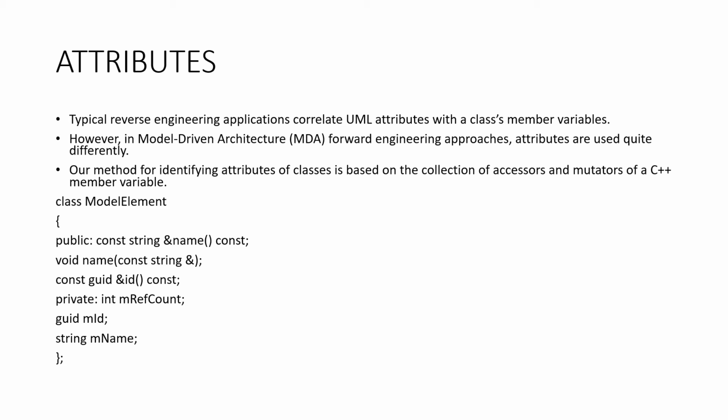A reader-writer property can be identified by the reference type, and the common C++ type qualifiers are const and volatile. They can have little meaning because the types in UML simply refer to classifiers. Also, in this source code we used string and const string and guide mid and name.